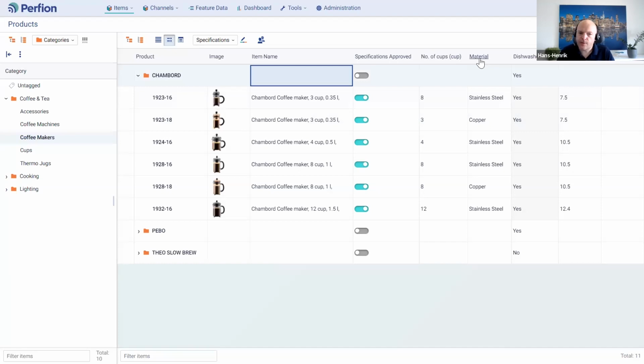Yeah, so there are different tiers of Perfion. First of all, we have a SaaS payment model, and we have a perpetual payment model. And we also have the SaaS that is hosted, but you can also have it on premise. Then I suppose technically it's more of a rental model in that case. So we basically cover whatever model you prefer.